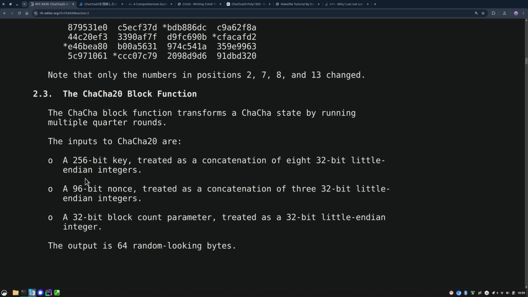And then there is this nonce, and this is what we mentioned: it is a number you cannot reuse. It doesn't really need strong entropy, it just means it cannot be reused, and it's not secret, and you're going to need it to decode, decrypt, and validate an encrypted message. And then there is this block count parameter, which means that